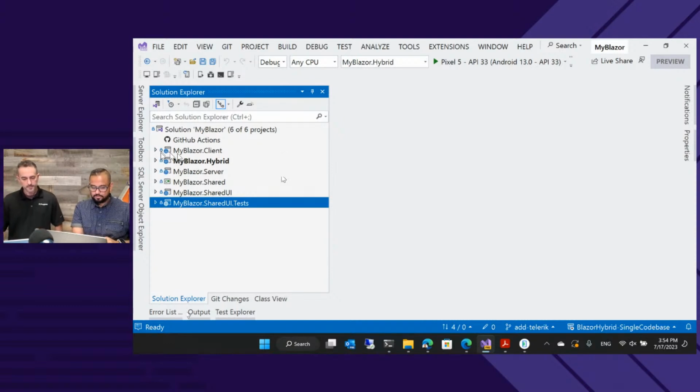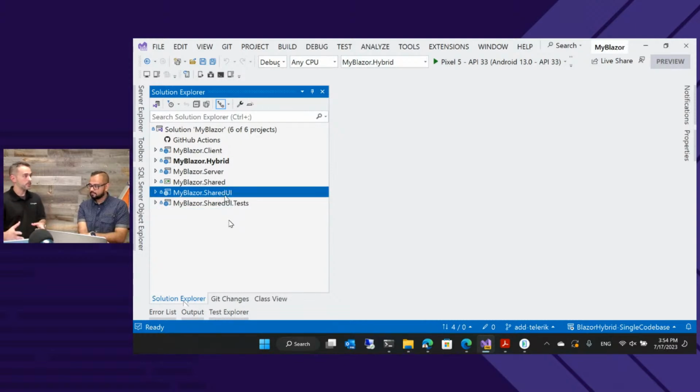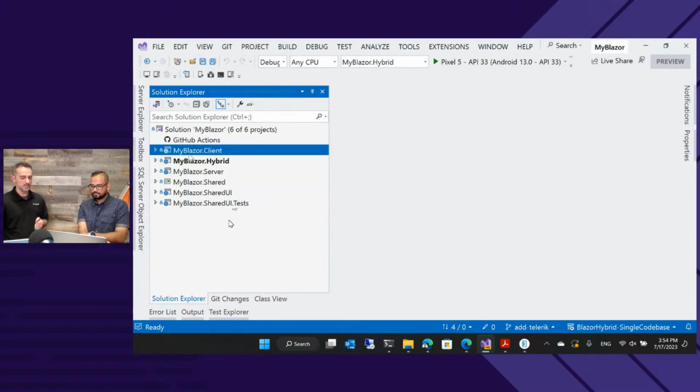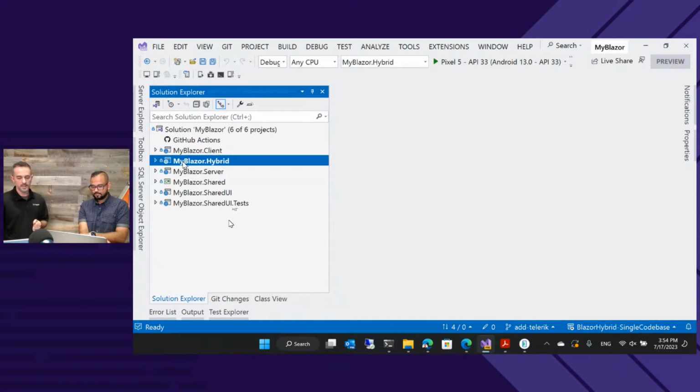So how did you bring in Telerik UI for Blazor? Right. So one of the easiest things to do, you're going to run into a necessity for that Telerik dependency in a lot of places here. Even though the library is in the shared UI library, that's where most of the components are being used, you still need to have the dependency in the consumers of that. So you want to add the dependencies there.